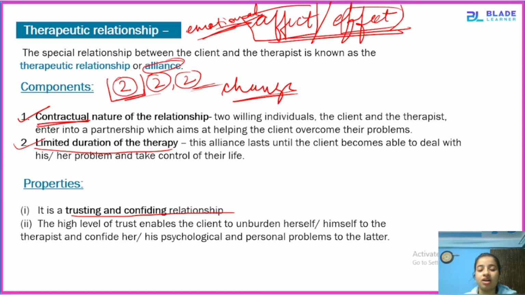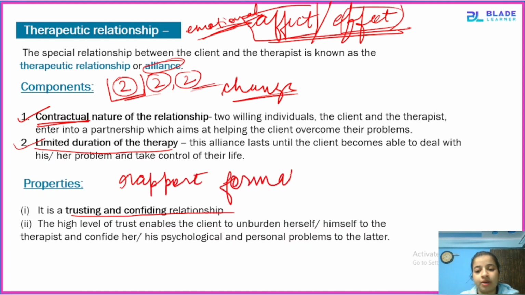So when you are in a turbulent state, dealing with a lot in your life and you do not know where to go, it is expected of your therapist to be trusting and confiding, so that you stay honest with them, and there are no biases. Right, you should not fabricate your things. Let's suppose you go to your therapist and lie to them. After a point the therapist will know that you are lying to them, but they cannot push you to tell the truth. They can't do that. All they can do is rapport formation,